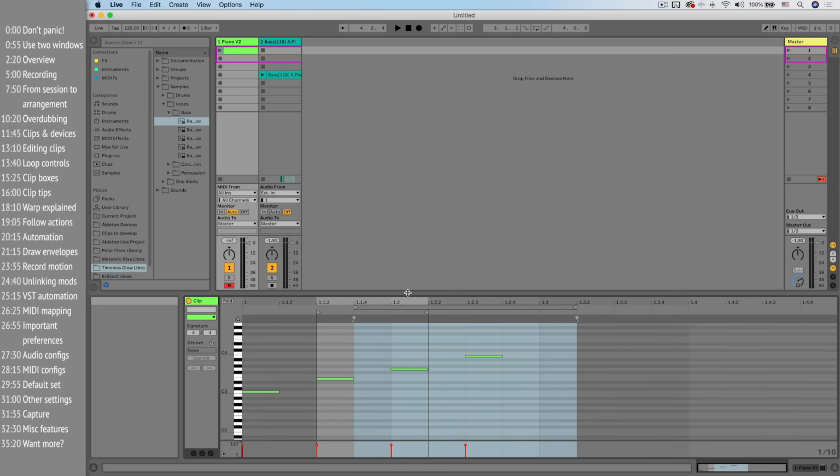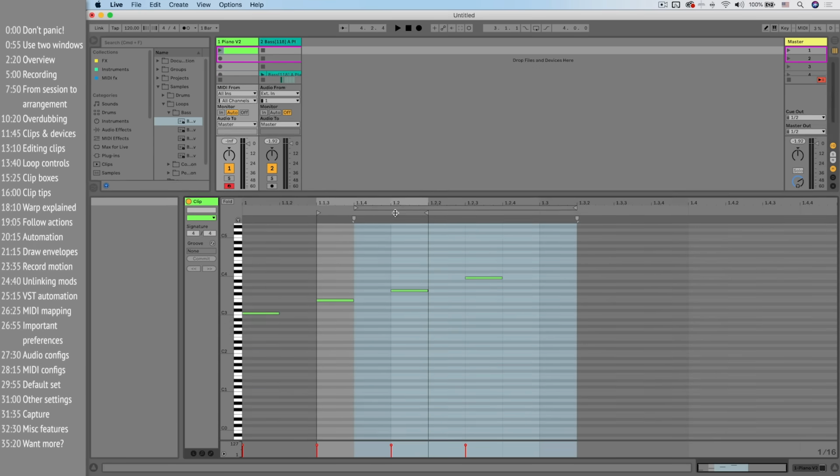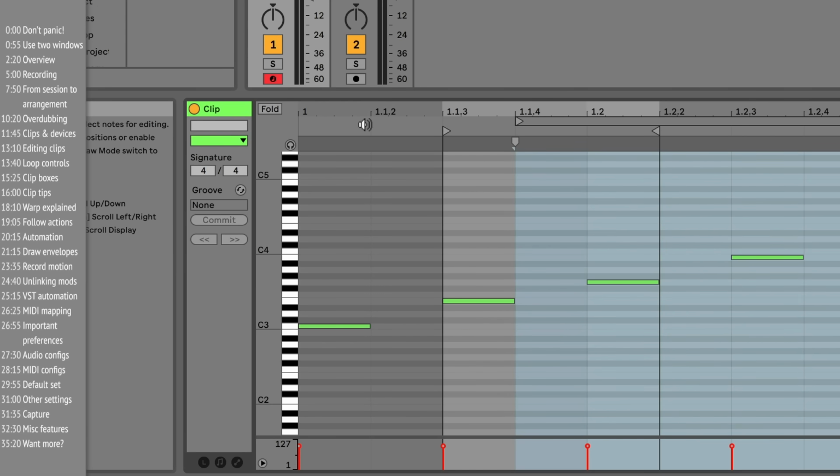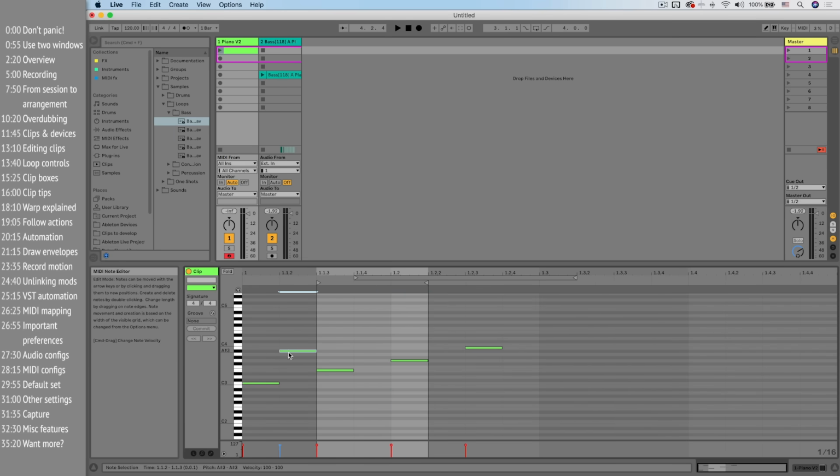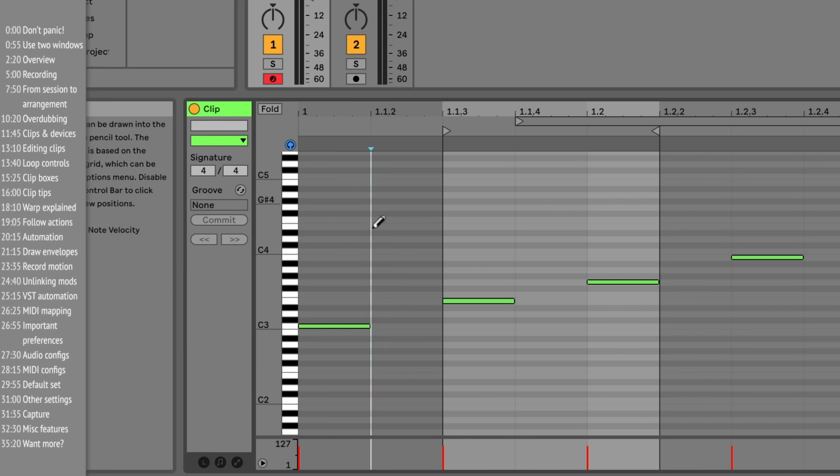Now you can make more room for a clip like I showed you before by doing this, but there's also a nice little trick. By clicking the fold button, you can only show the notes that are active. This is particularly useful for clips with percussion. You can add notes by just double clicking, or if you enter draw mode, you can just click to add notes. I'll undo this. And if you click these little headphones, you can hear notes